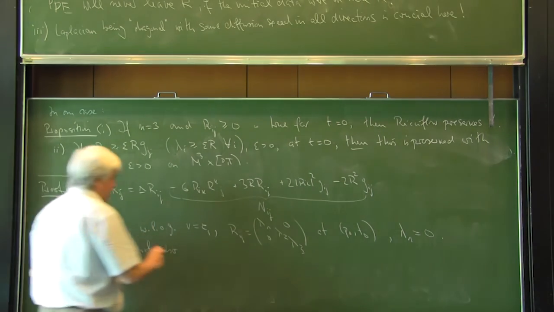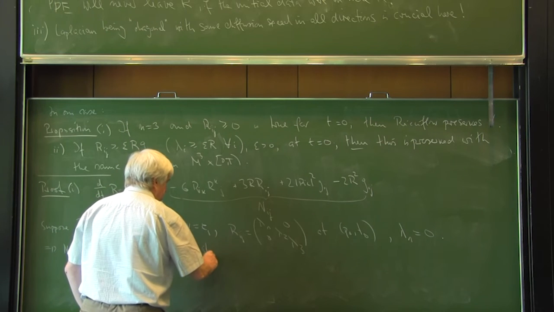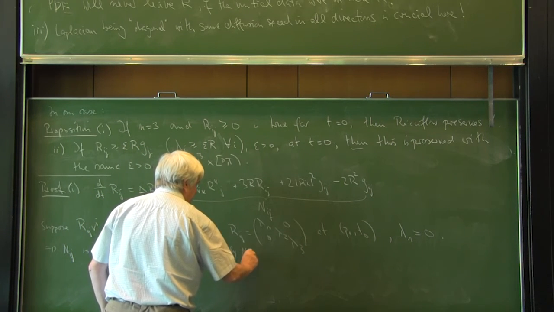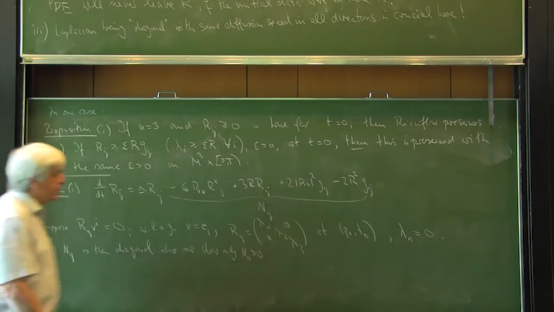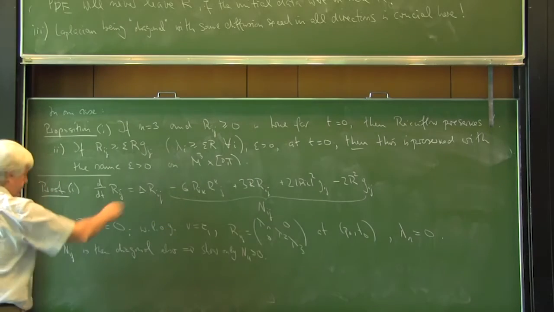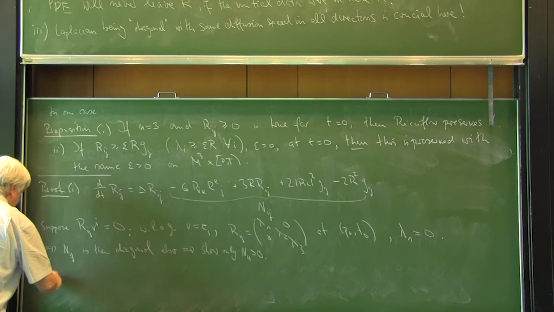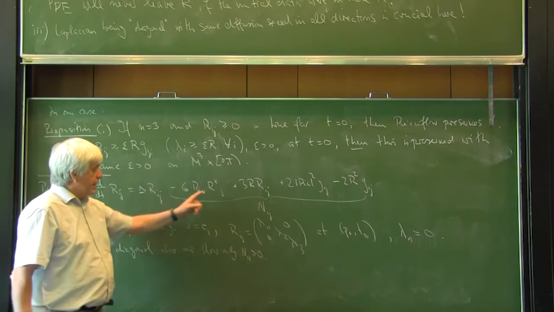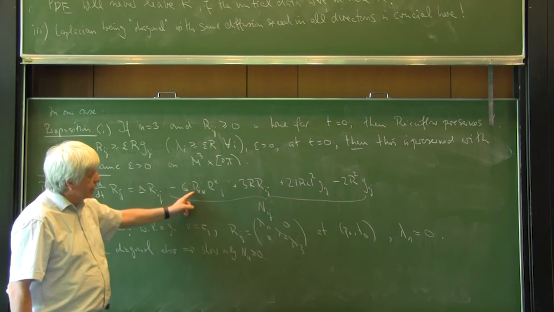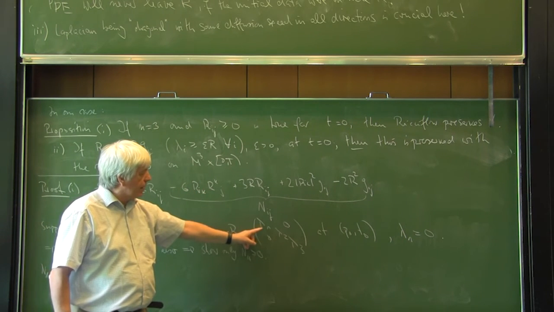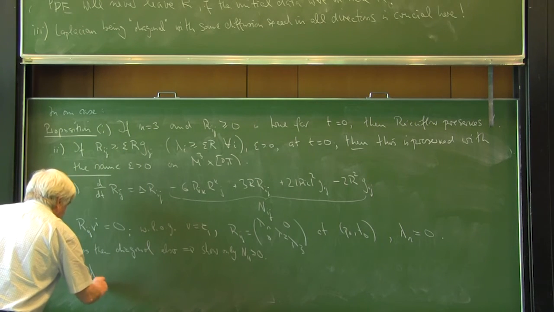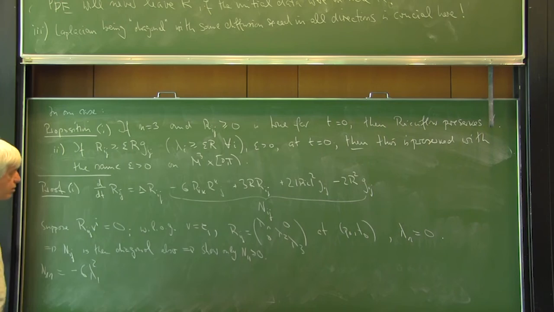So we have to just show that N11 is greater or equal to 0 as well. Now, what is N11? N11 is here, this is the square of the second fundamental form. So, in the direction of E1, this will be just minus 6 lambda 1 squared, which is of course 0.